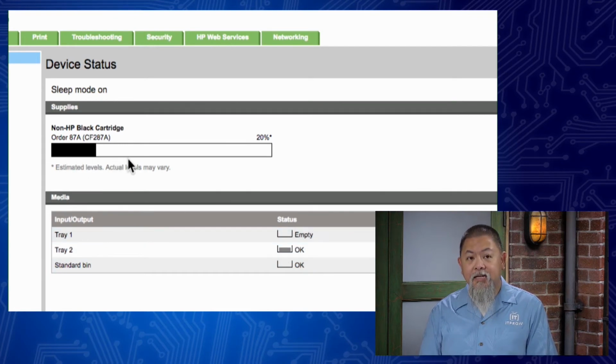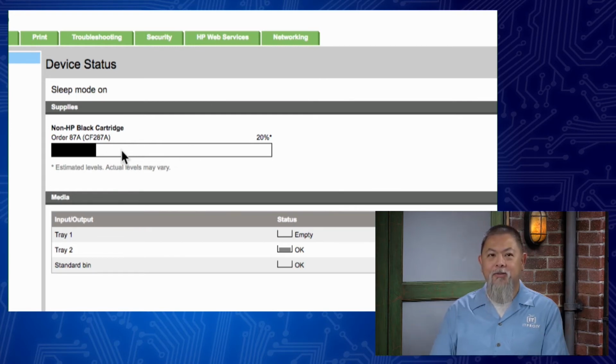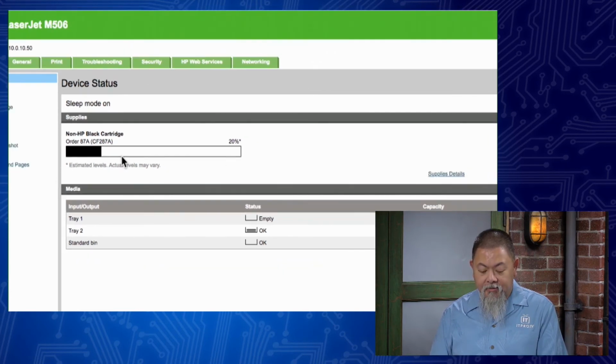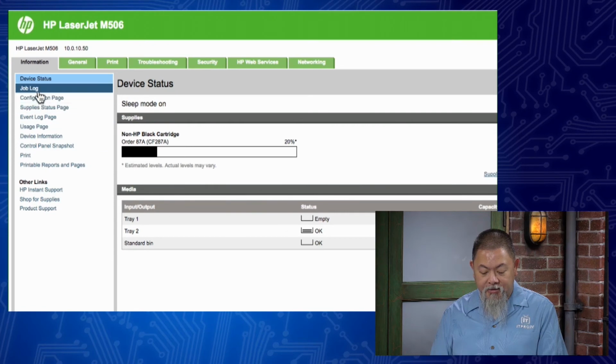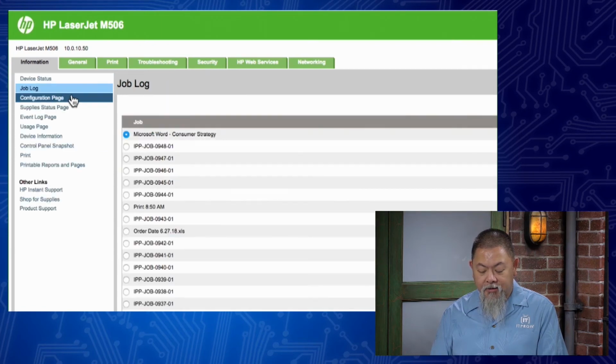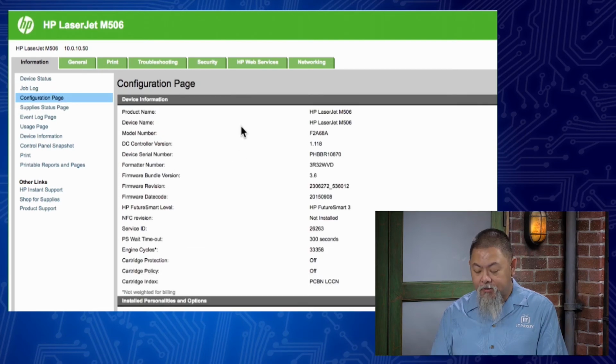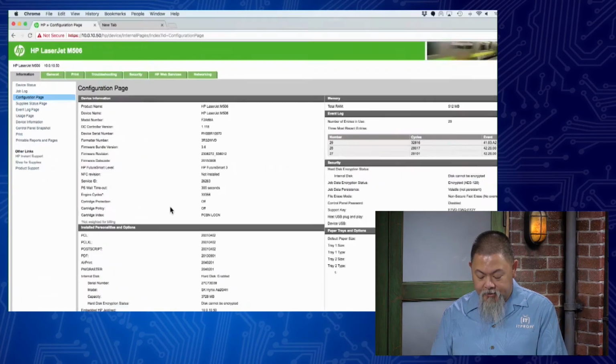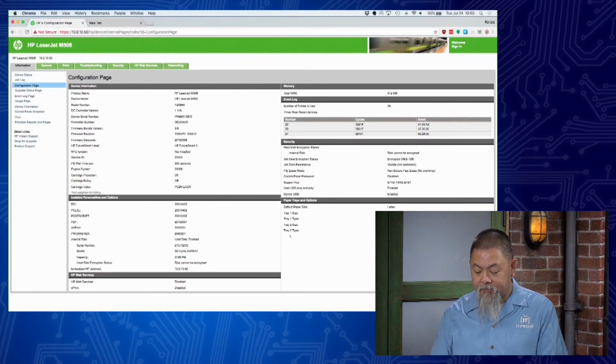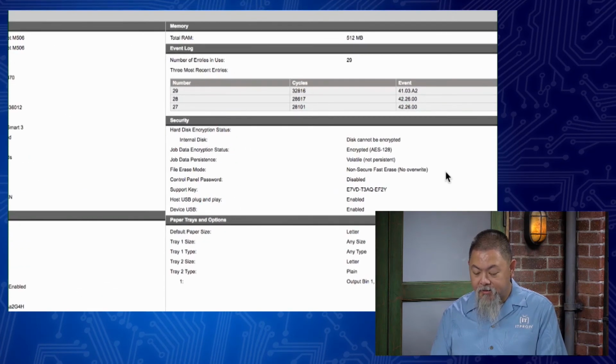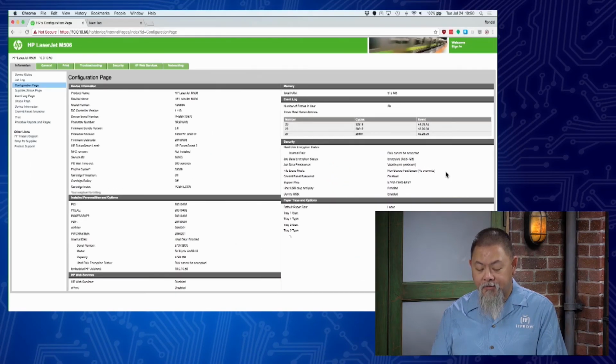I can even see that the ink, not ink cartridge, I guess it's toner cartridge here. I always look for ink cartridge because I'm at home at times when I'm printing. And it shows it's about 20%, which is an estimate, but you can see whether or not you have to worry about replacing any of the additional supplies. I can see also, of course, logging information that's out there, and of course the configuration. And this is where you'll see additional options that are available. It's a little bit small, so I can zoom in and see some of the other things that are available to us.